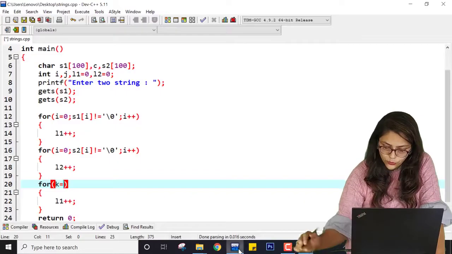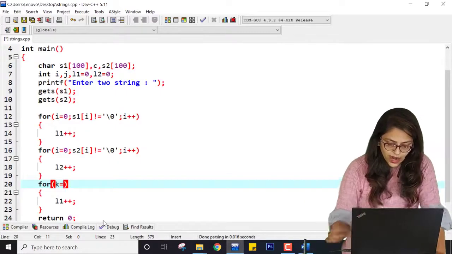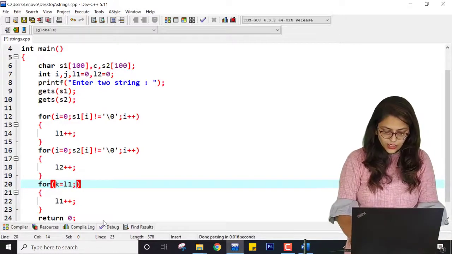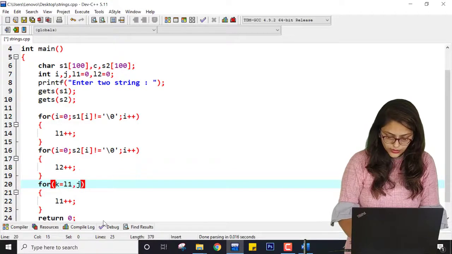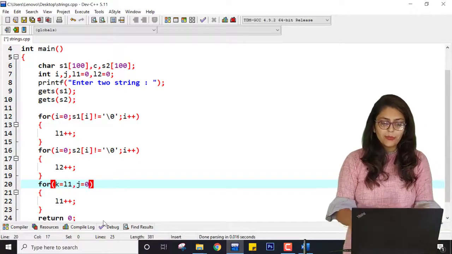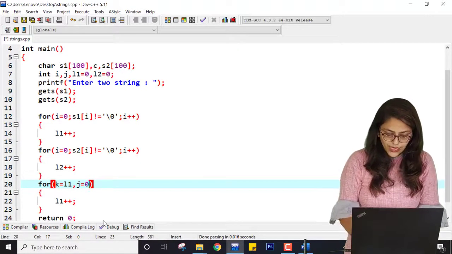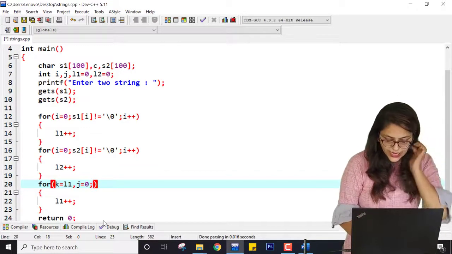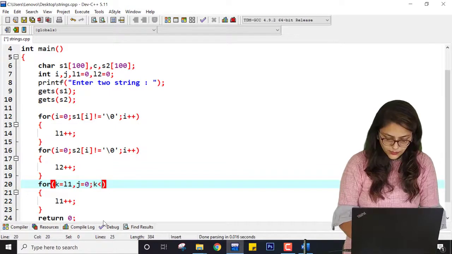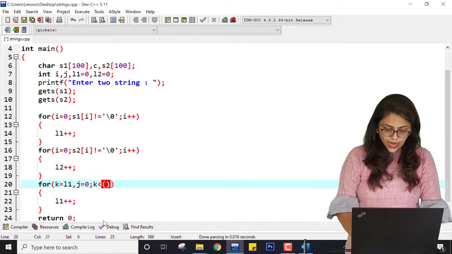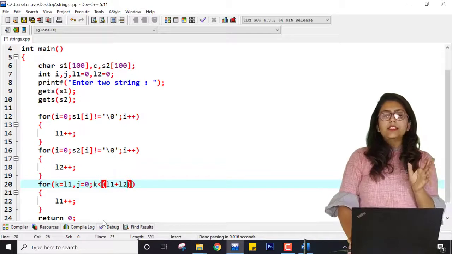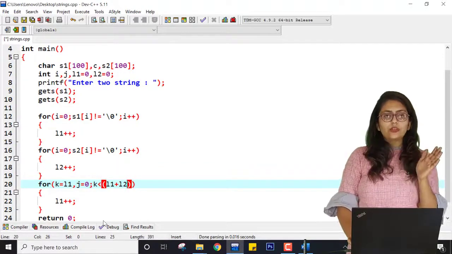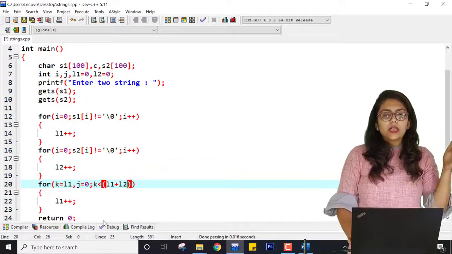So here let me go to my IDE. k will start with L1. Then j will start with 0. We know why j, because for S2. Then k is less than L1 plus L2, because L1 plus L2 is 7 over here, so I want the loop to be executed from 3 to 6.